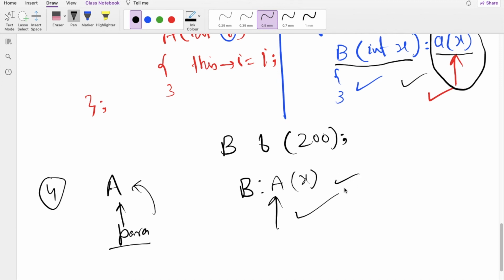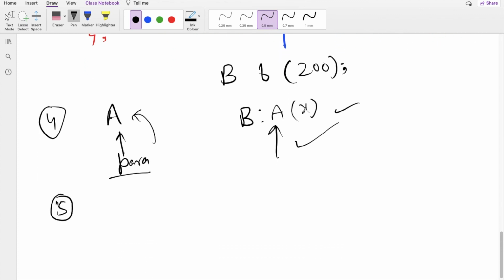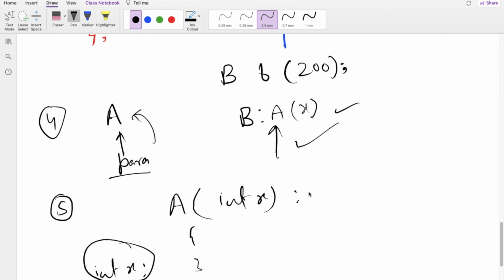And there is a fifth point which is the most basic thing, and we have known this from the first step when we started this, and that is when the constructor's parameter name is the same as the data member. So you know this thing, right? So let us suppose there is a class and this is constructor A here, and we have got x, and there is the same variable, int x, in the class. Then you can do it like this, or you can also use the this pointer, so you can do anything.